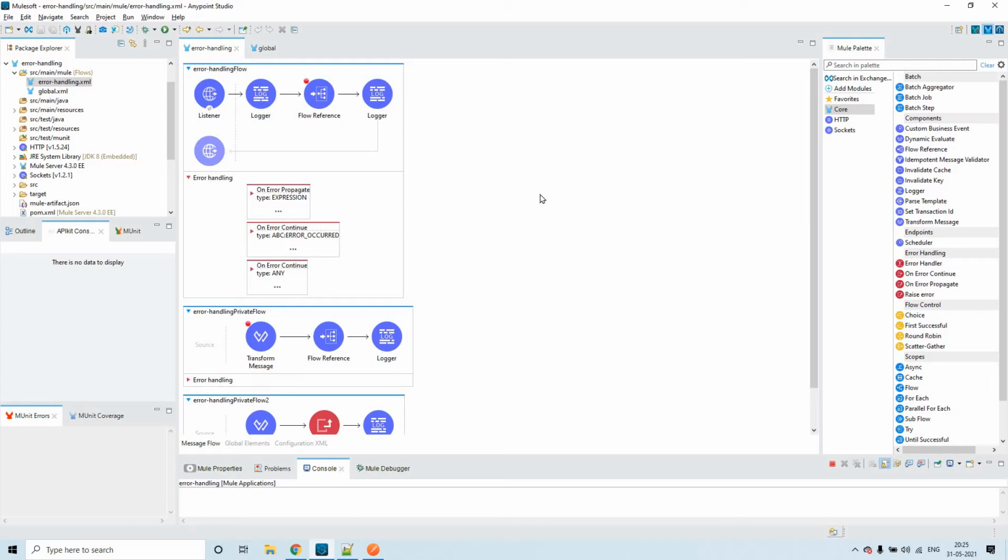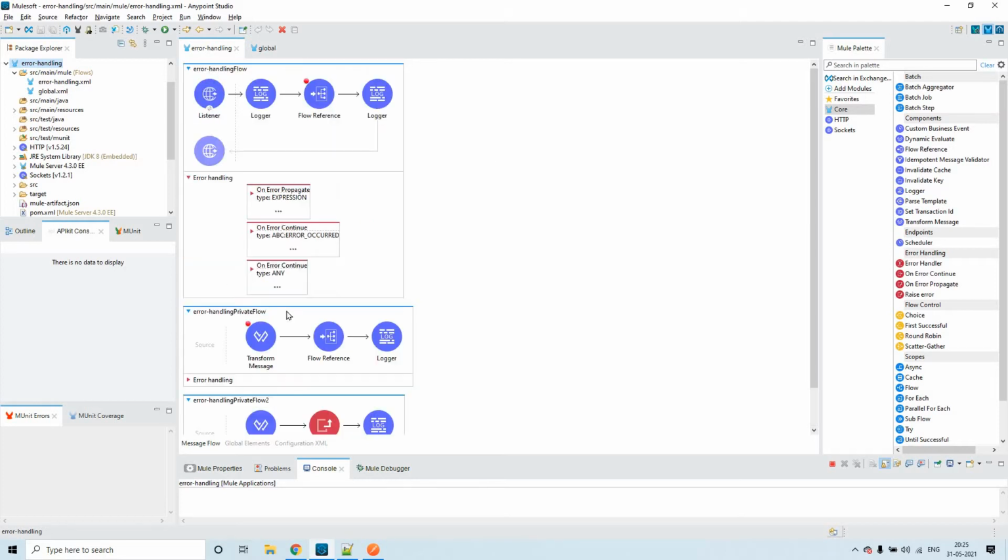In real time, when you practice, you'll create one or two flows, but in a real project you may need to create multiple Mule configuration files and work with 20s or 30s of Mule flows in this application. In that case, instead of handling the errors at flow level, you can put a common error handler, which we will call a global error handler.